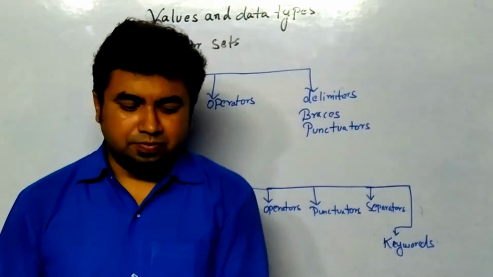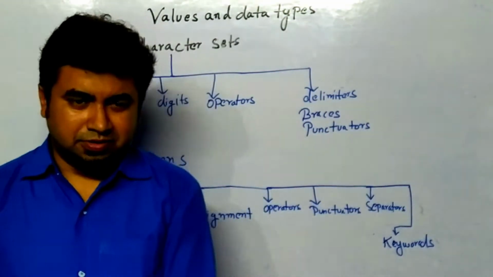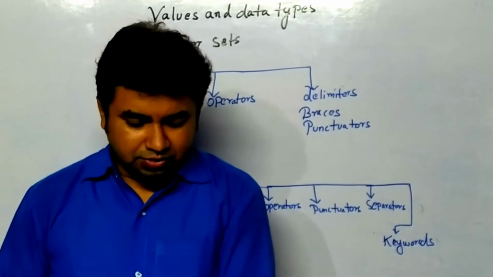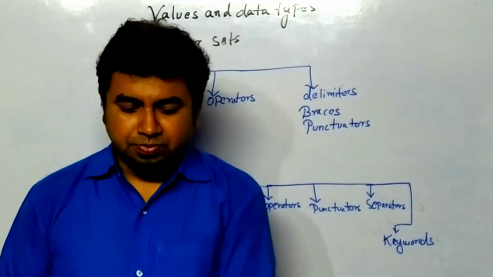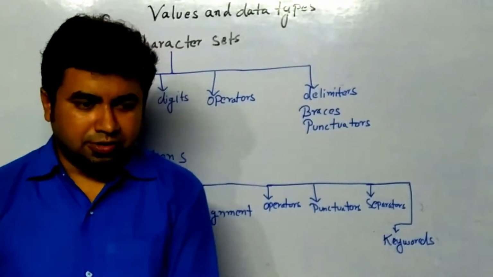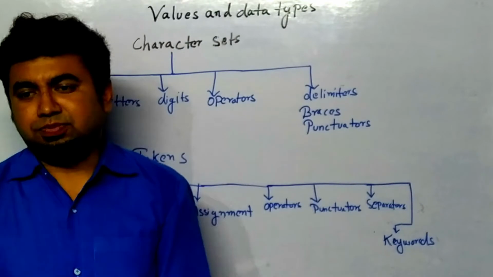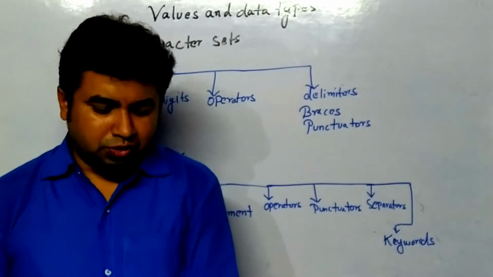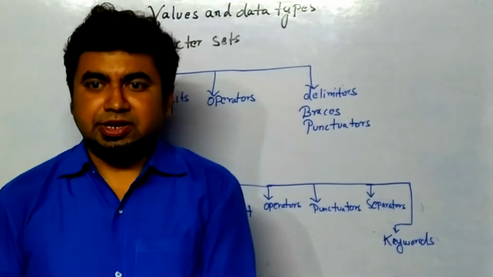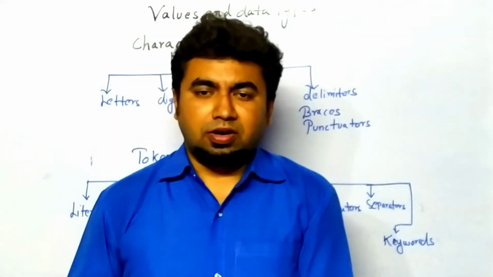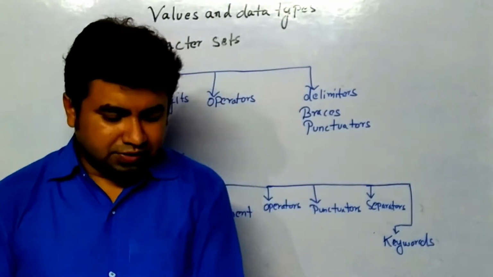Hello students, we are here to discuss Unit 3 of computer, that is values and data types. In this one thing we should know is that a program is a set of statements. As you know, many statements are written in a program. Means first line you are writing public class and name of the class, then public static void main. All these are the statements which are written.